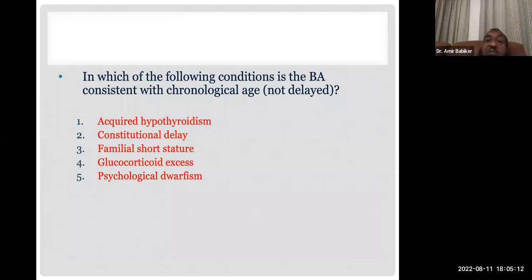طيب سؤال عشان نشوفكم متابعين ولا لا. خلاص, this is the end of growth. In which of the following conditions is bone age consistent with chronological age, not delayed? ثلاثة familial, very good. قلنا severe dwarfism وchronic illness كويس. الجلوكوكورتيكويد excess كويس لكن ما نورمال صح، ما consistent. يعني اللي جاوب 4 ما صح لأنه هو ما delayed لكنه هو ما نورمال advanced، مش كده؟ advanced. اللي جاوب صحيح 3. You're right, excellent. طيب واحد جاوب دي.